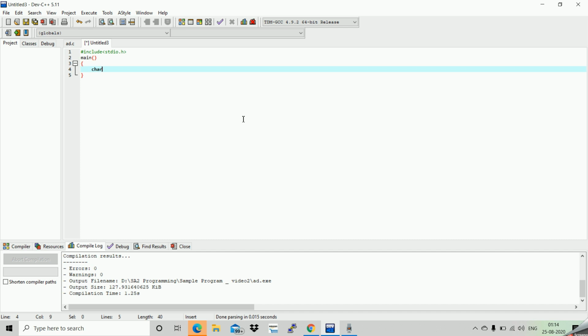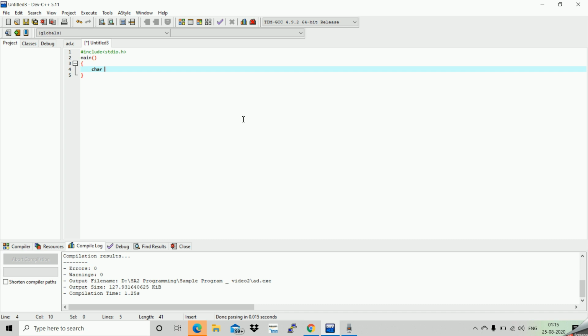In order to declare a character variable you need to use the char data type, and then the variable name you can give any name you want. But you need to follow certain rules in order to declare variable names, which I shall explain after the execution of this program.